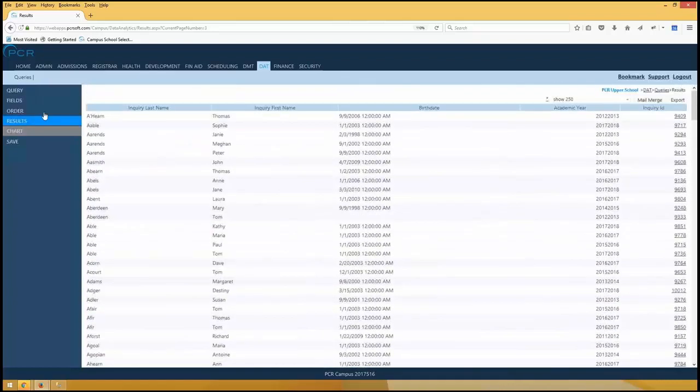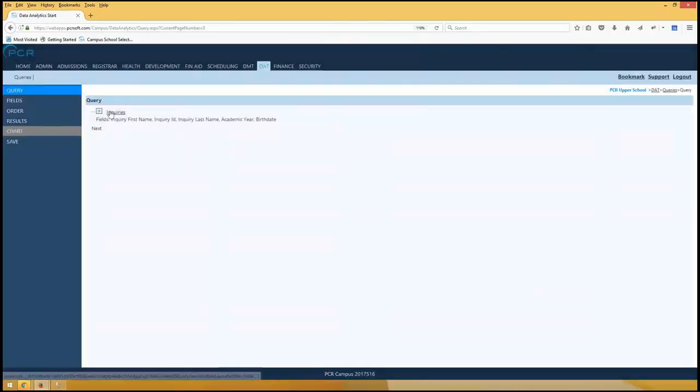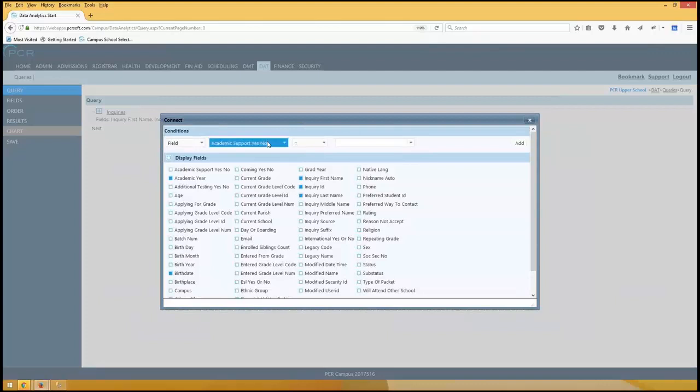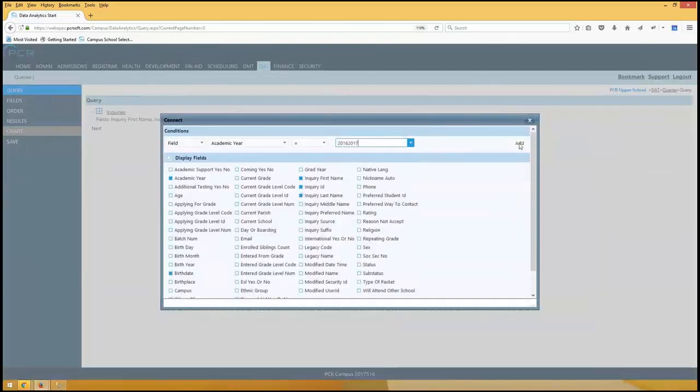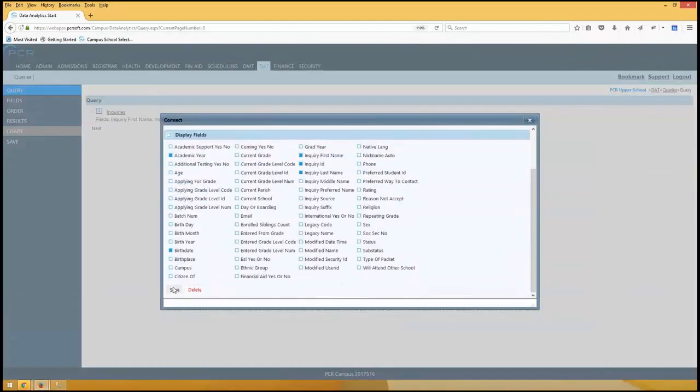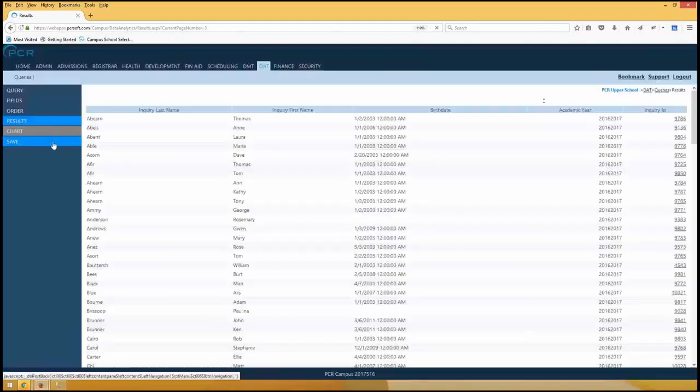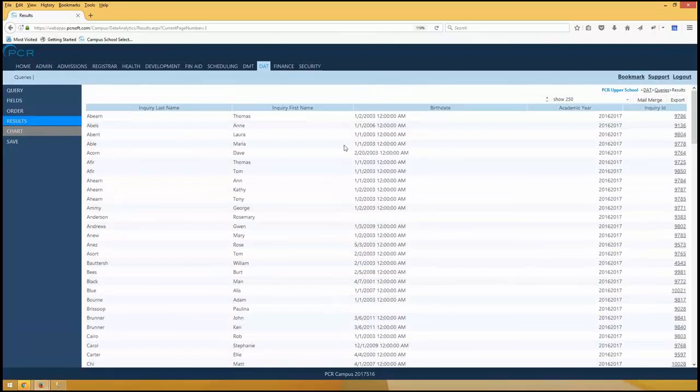And then let me go ahead and add the condition for the academic year and see if I can get that to work. So if I say academic year equals 16-17. Okay, great. So if I go to my fields,